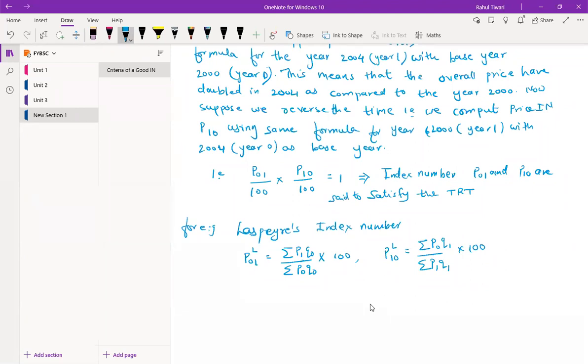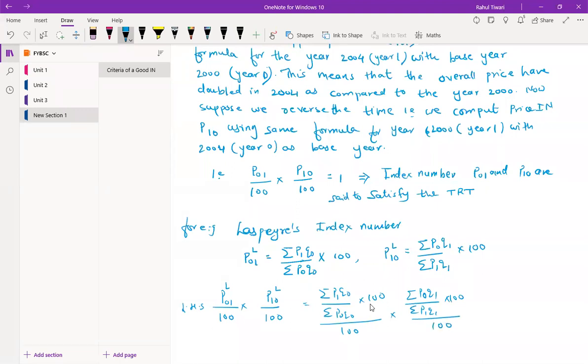So what does the condition say? P01 multiply P10L upon 100. So take this as the left hand side and substitute this value. So this is equal to summation P1 Q0 multiply by 100 divided by 100 into summation P0 Q1 divided by summation P1 Q1 multiply by 100